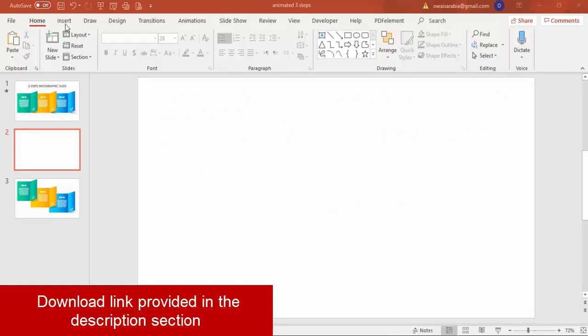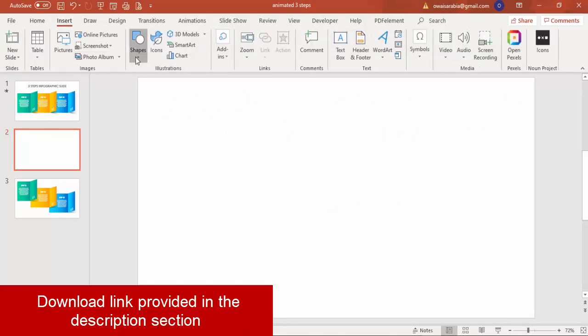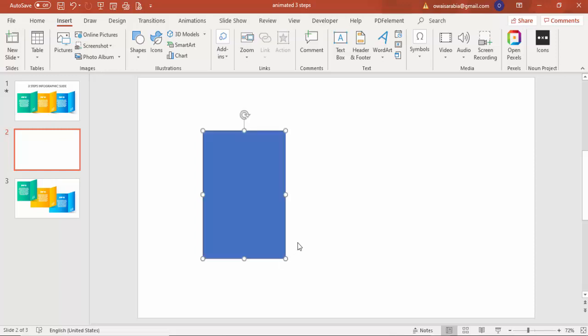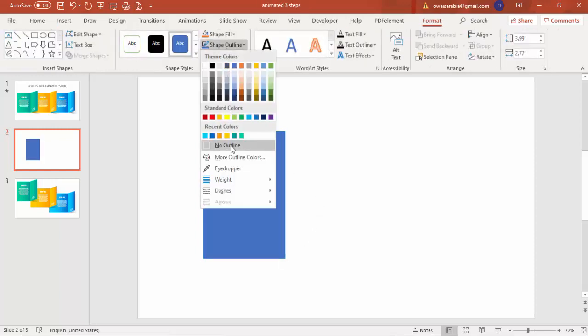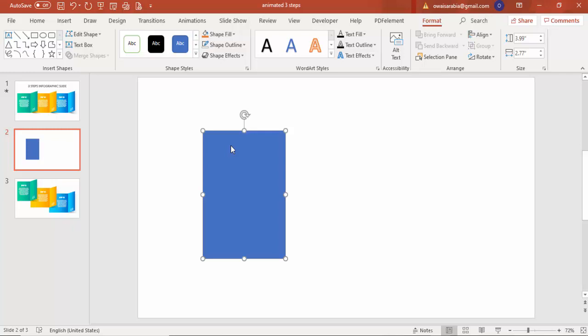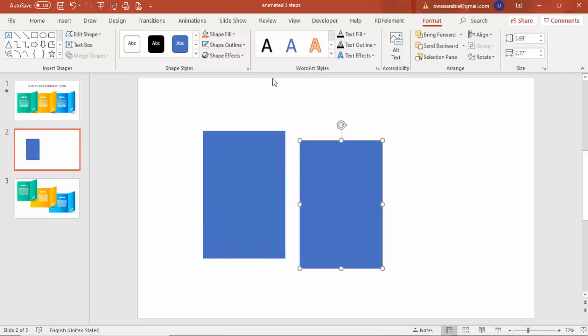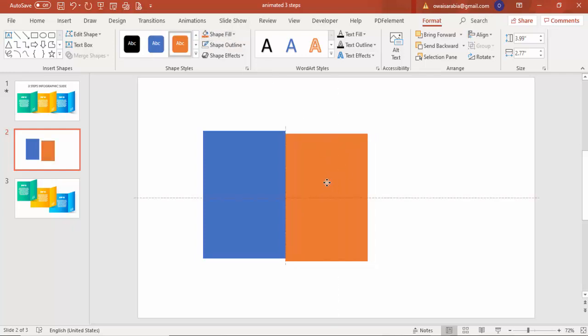Add a new slide and go to Insert, Shapes, select Rectangle, draw a rectangle, maybe this much size. Later on we can increase or decrease the size, doesn't matter. Shape outline, make it no outline, and select this shape and press Ctrl D to duplicate it. And I'm just going to change the color and just put it beside this blue rectangle,